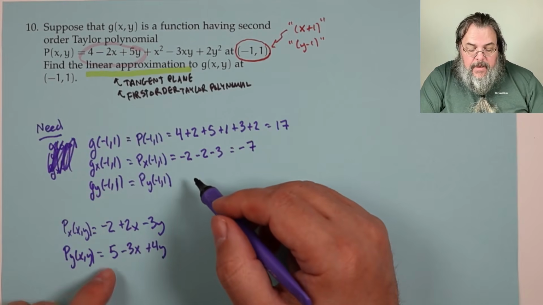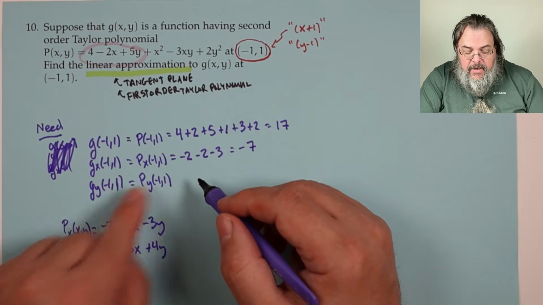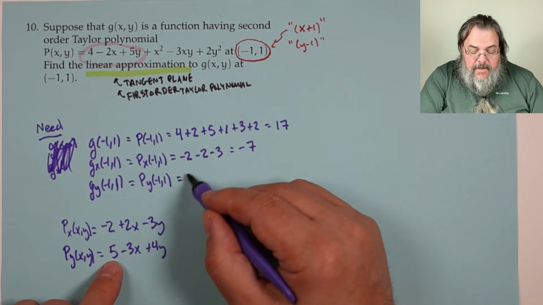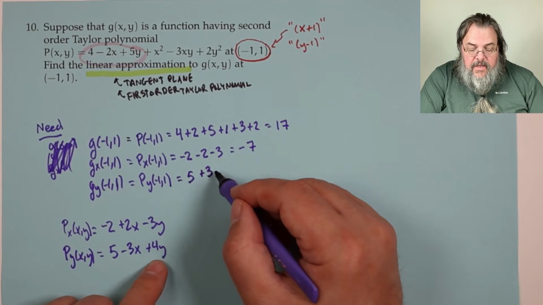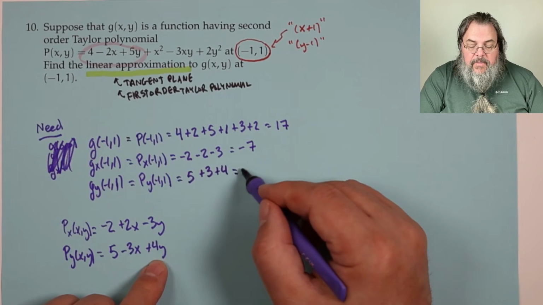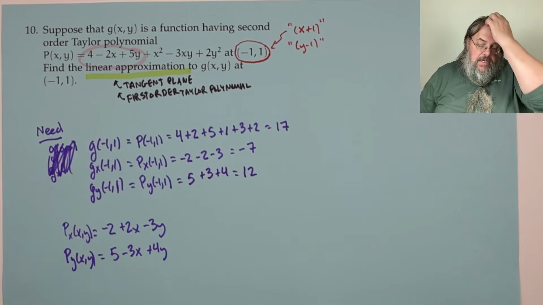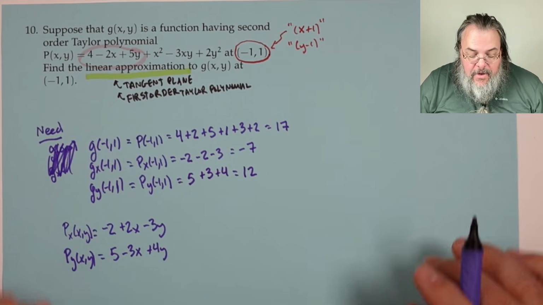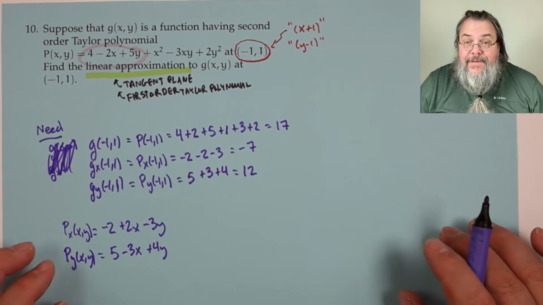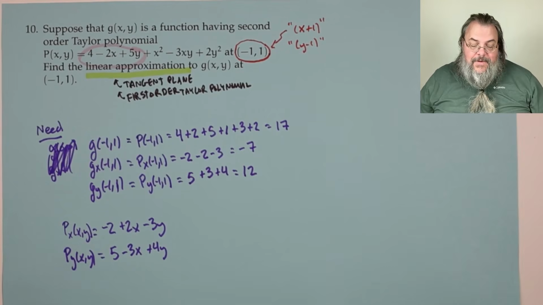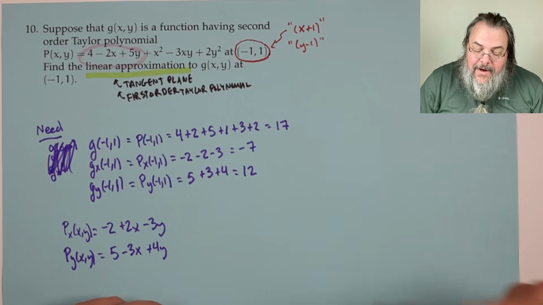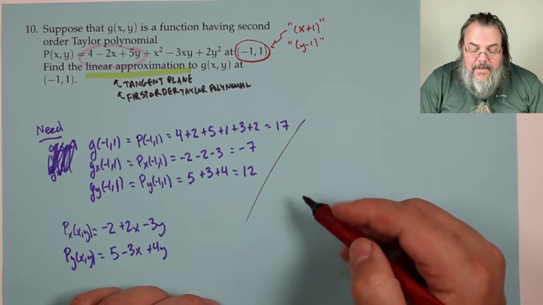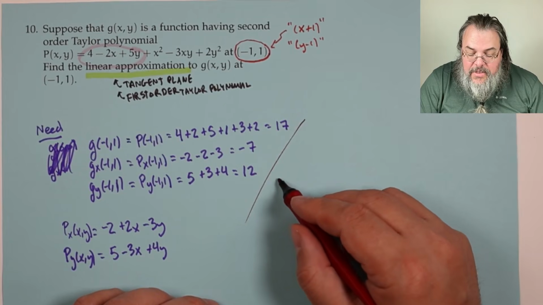G sub y at minus 1, 1. That's p sub y at minus 1, 1. So that's a 5. Minus 3 times minus 1 is a plus 3. And a plus 4. That makes 12. All right, good. So we have all the pieces in place. Good for us. Now we just have to put it together and we're done. All right, well, so our linearization